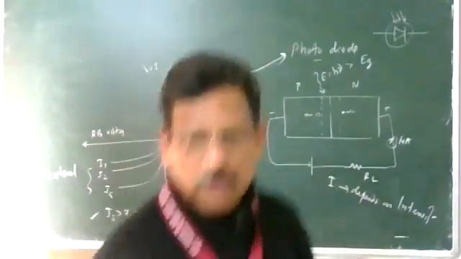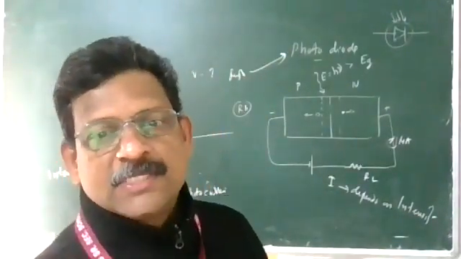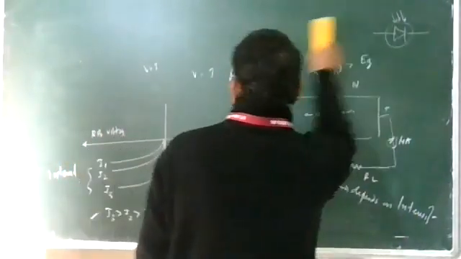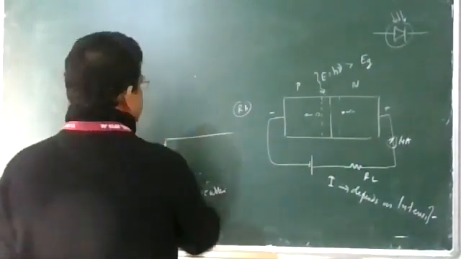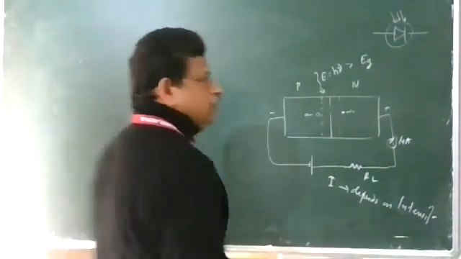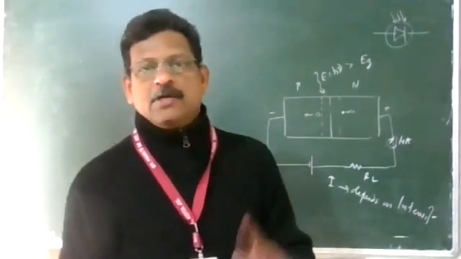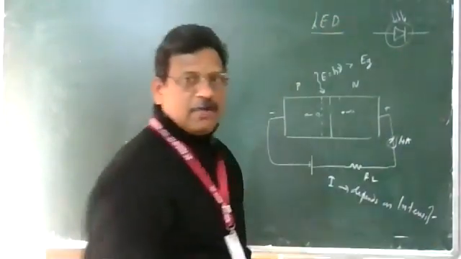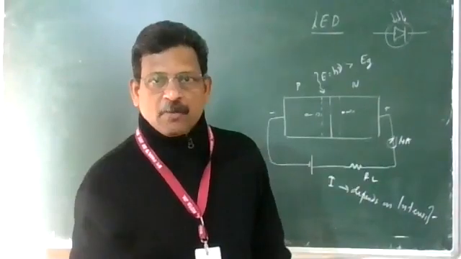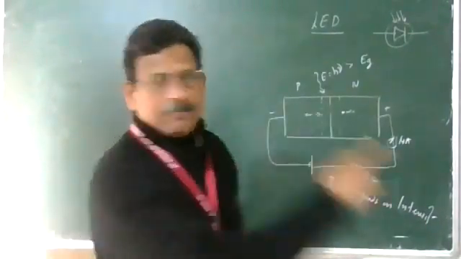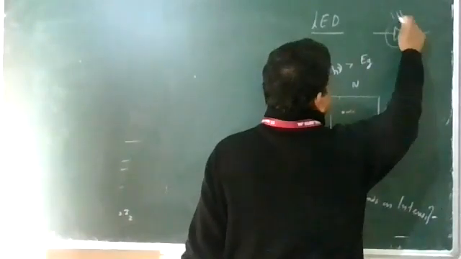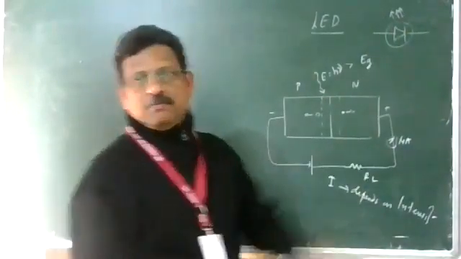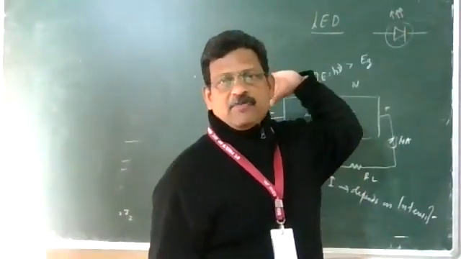Now, second one, we are going to the light emitting diode. It will be just the reverse. When the light emitting diode is in forward bias, light is emitted from the LED. When it is in forward bias, light comes out. So for the symbolic representation I am going to change the arrow mark, a reversed arrow mark here. This is the representation of the light emitting diode. Diodes emit light of different colors.